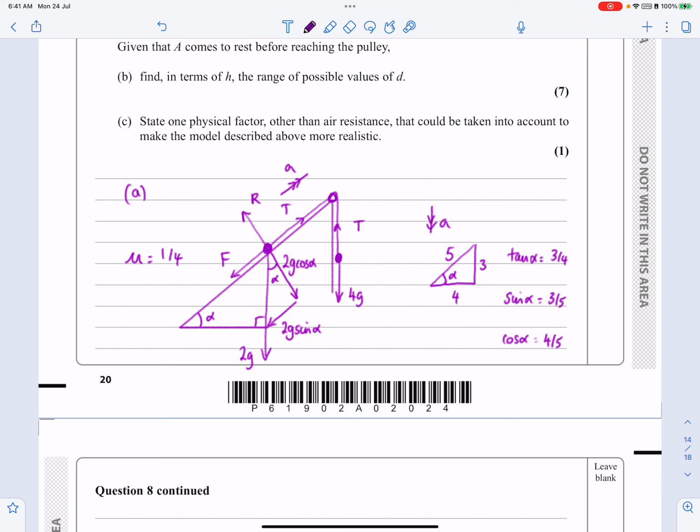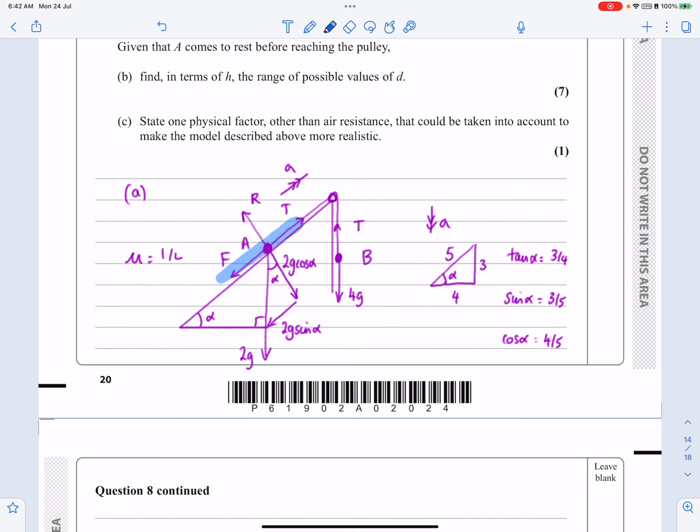Let me explain it to you first, and then we'll actually go through and do it. What I'm going to do is look at particle B. Let's put particle B on the actual diagram as well. Particle A is there. Look at particle B, and I'm just going to resolve vertically, F equals ma. I'll get an equation there. That's the simple one. That's why I do it first. If I then, sorry, I just got rid of A. If I then look at particle A,